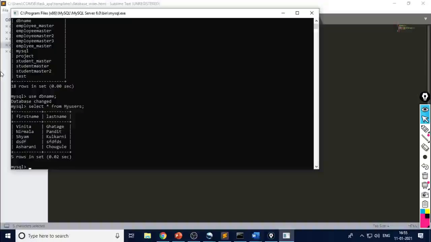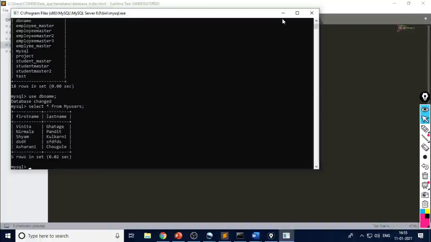Look here, we have already entered Asharani Sogle, so you got that one. How many records are there? 1 2 3 4 5. So there are a total of 5 first names and last names, and we are going to enter a new one with the help of Flask. Look here, a total of 5 records are there. We will execute this Flask script, so it will allow you to enter a new first name and new last name, and when you click on the submit button, it will get transferred to this table.